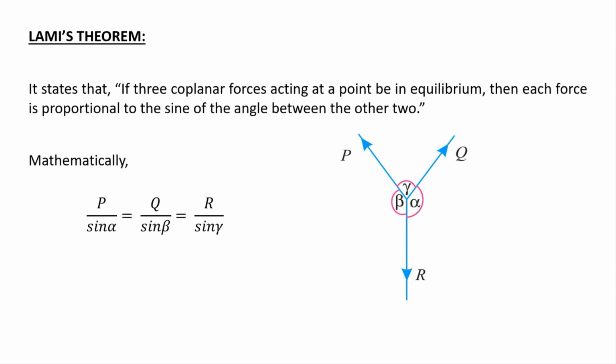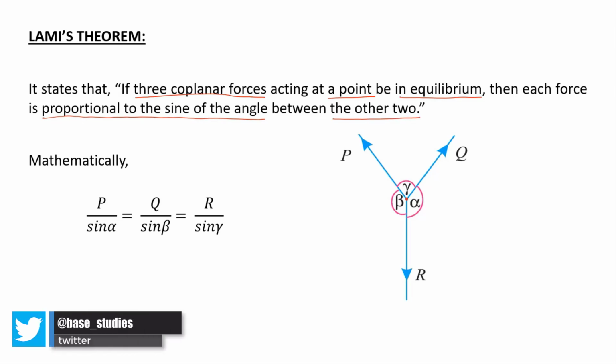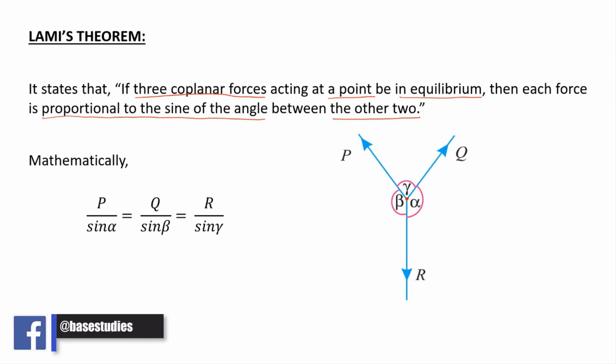Lami's theorem states that if three coplanar forces acting at a point are in equilibrium, then each force is proportional to the sine of the angle between the other two. Let's consider this point, which is acted upon by three coplanar forces: P, Q and R. The angles between the forces are alpha, beta and gamma. So according to this Lami's theorem,